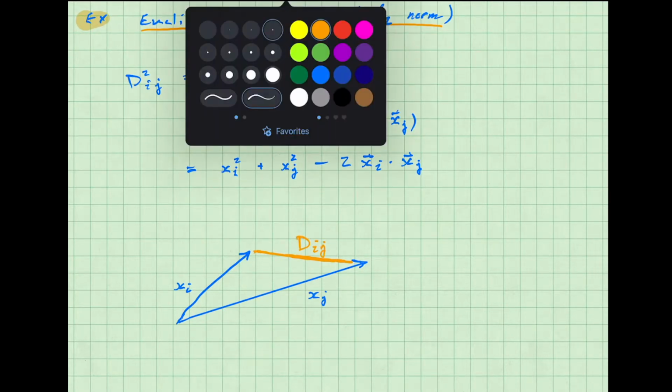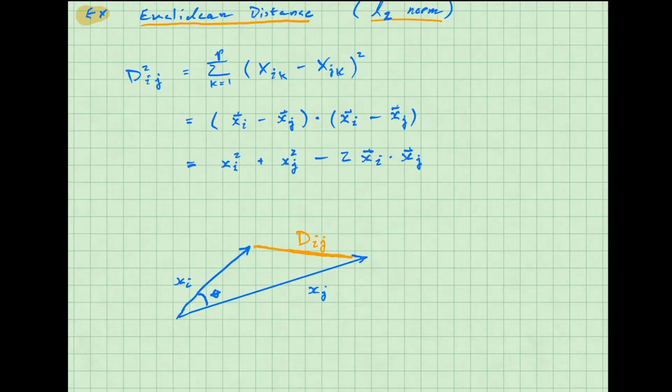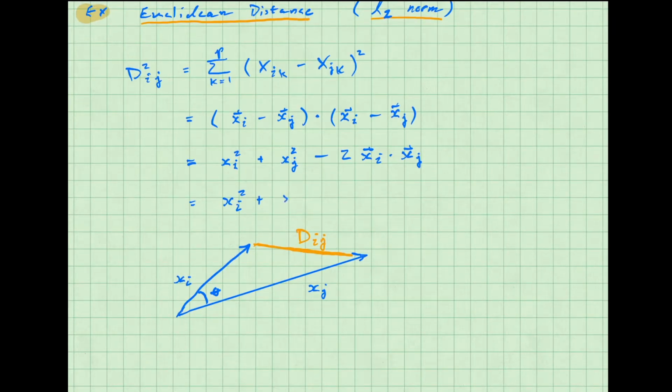And from the geometric picture, you can see this kind of famous result. If we make this angle between the two vectors i and j theta, then this formula still looks like the length of xi squared, plus the length of xj squared, minus twice the length of xi, length of xj, times the cosine of that angle between them. And this thing has a name. This is called the Law of Cosines,